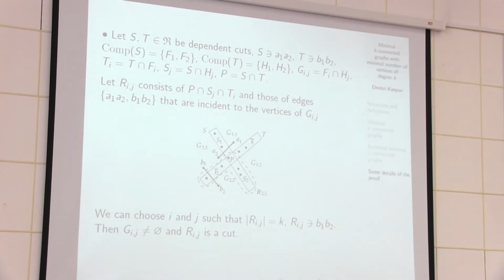The cuts are dependent, and we have four components that are intersections of the components from S and T. And we can prove, it is not very difficult, that one of these components satisfies such conditions that it is not